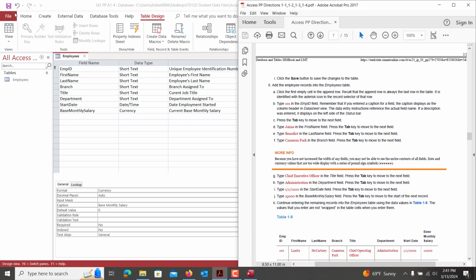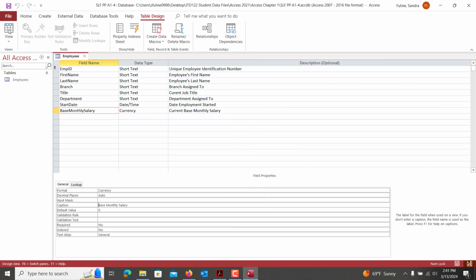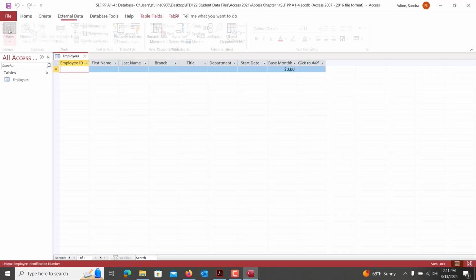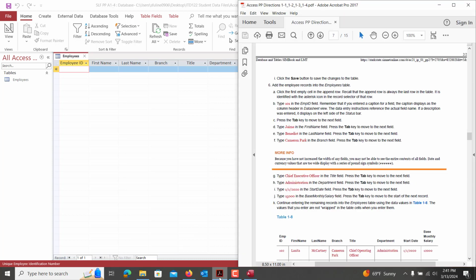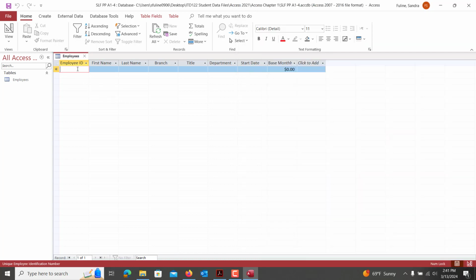So you're going to hit save, and then we're going to get into datasheet view. We're going to start typing left to right, and I would hit tab or your arrow key, probably tab, to type in each different part for each record. So you're going to take your time. I'll show you how to type in the first record, and then I'm going to type in the rest of them. So we're going to start with employee 101,